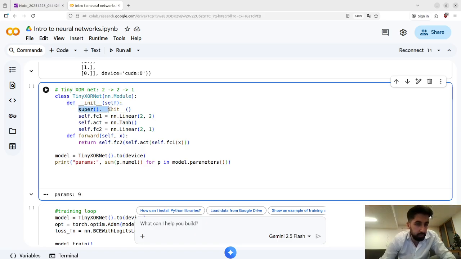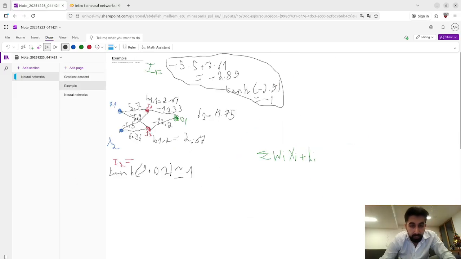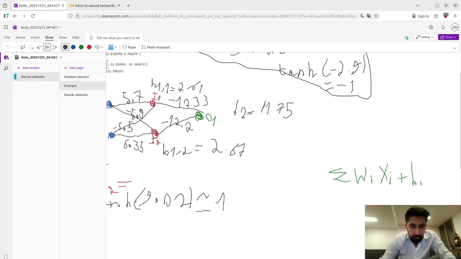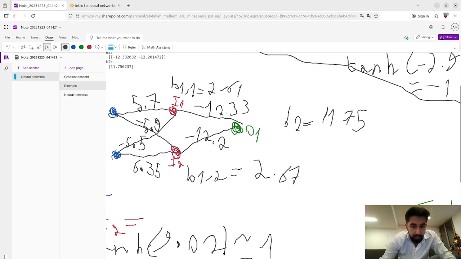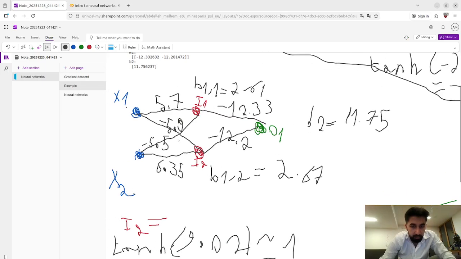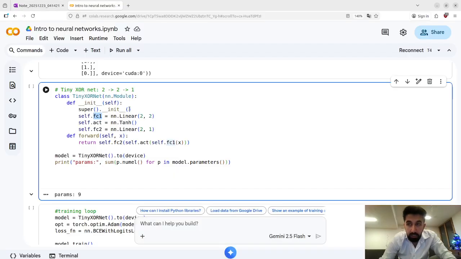You call super().__init__ to initialize nn.Module, and then, in my example, I made a very simple neural network. We have x1 and x2, the two inputs, one hidden layer, I1 and I2, and one output. Because we went from 2 to 2, I put a linear layer